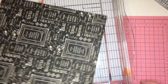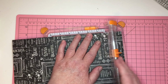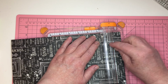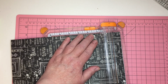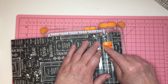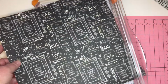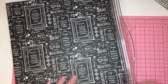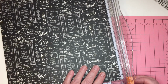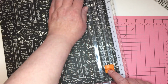Okay, and then I'm going to turn the paper again, and I'm going to line up the dot with my wire, and I'm going to go up 1/2 inch. And I'm turning my paper around again, and I'm going to start from the bottom here, and we're going to line up the paper at the 1 inch mark, and then we're going to go up